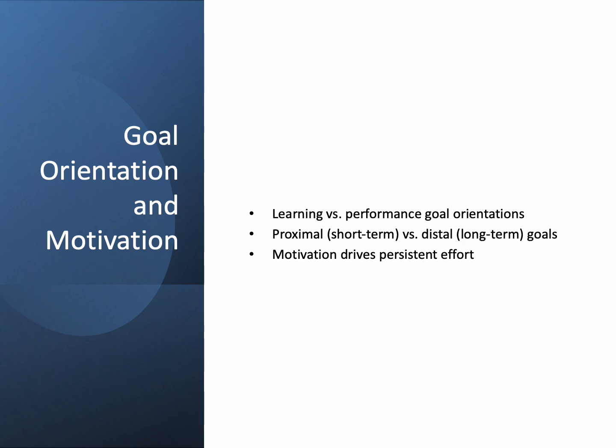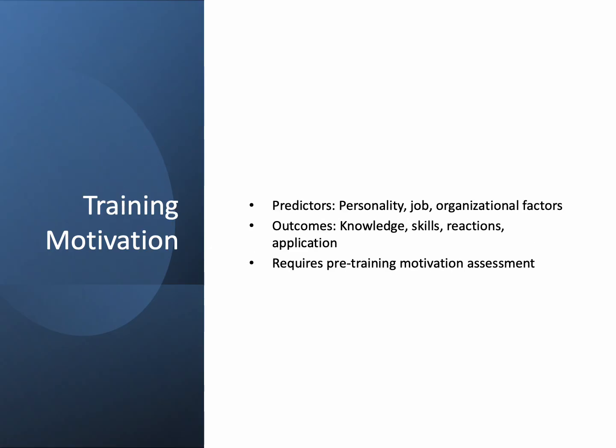For example, an employee motivated to learn coding sets proximal goals, mastering a language, toward a distal goal, becoming a developer. Feedback post-training ensures goals are met. As we discuss this, reflect on your goal-setting experiences. Goal orientation and motivation are critical for training success in fields like engineering or sales, ensuring employees stay focused and engaged. Training motivation, the drive to learn and apply training, is influenced by predictors like personality, e.g., conscientiousness, job and career